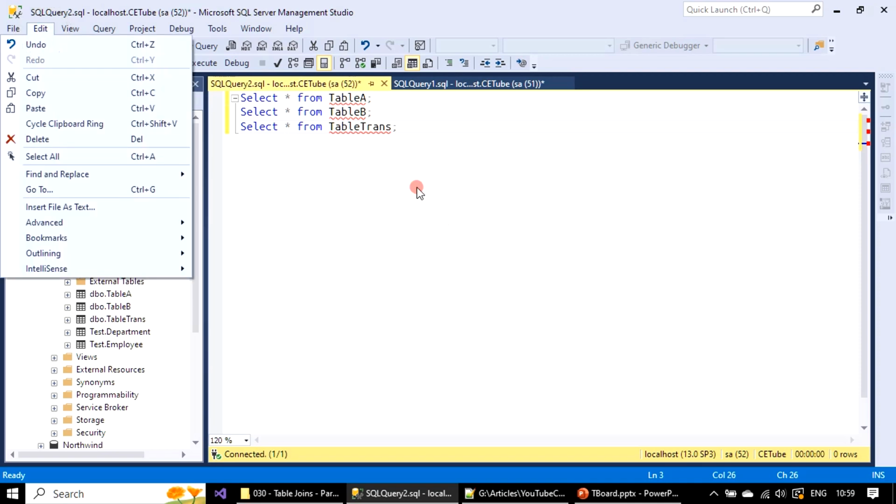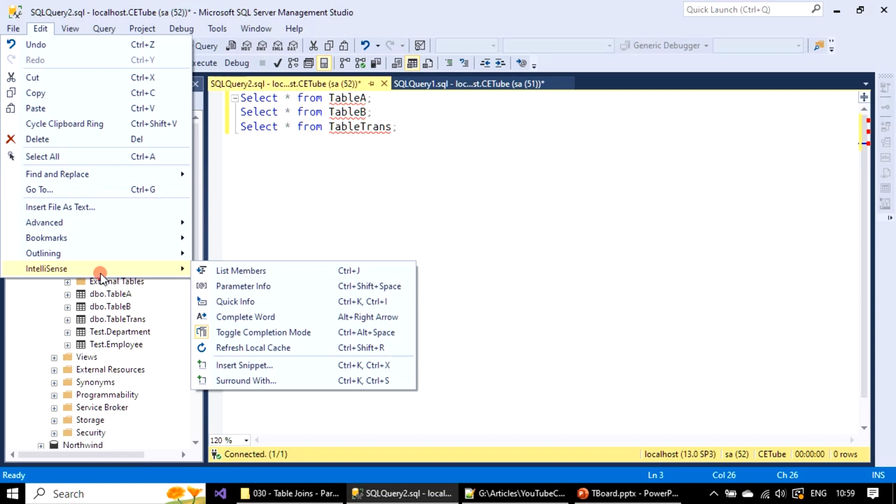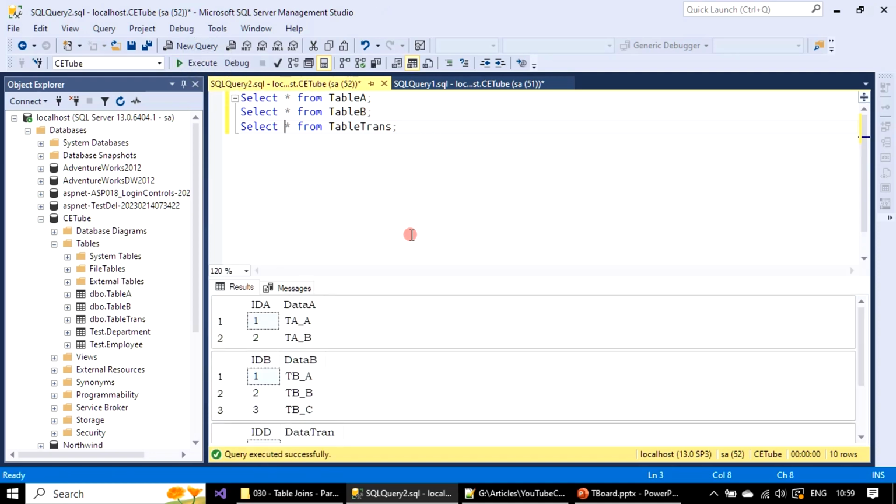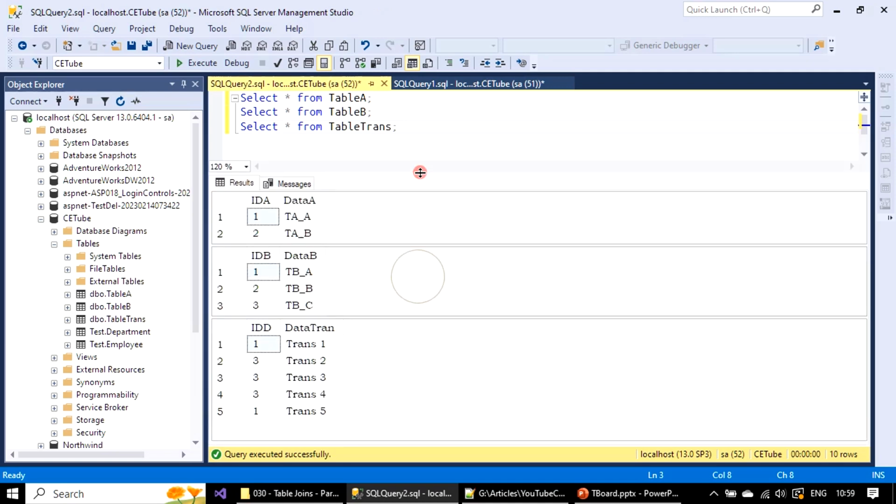So since these tables are entered newly into the database, we should go to IntelliSense and refresh the local cache. So after a few seconds, the red squiggly is gone. Now we can execute all these 3 statements by clicking the execute button, and you can see the sample data